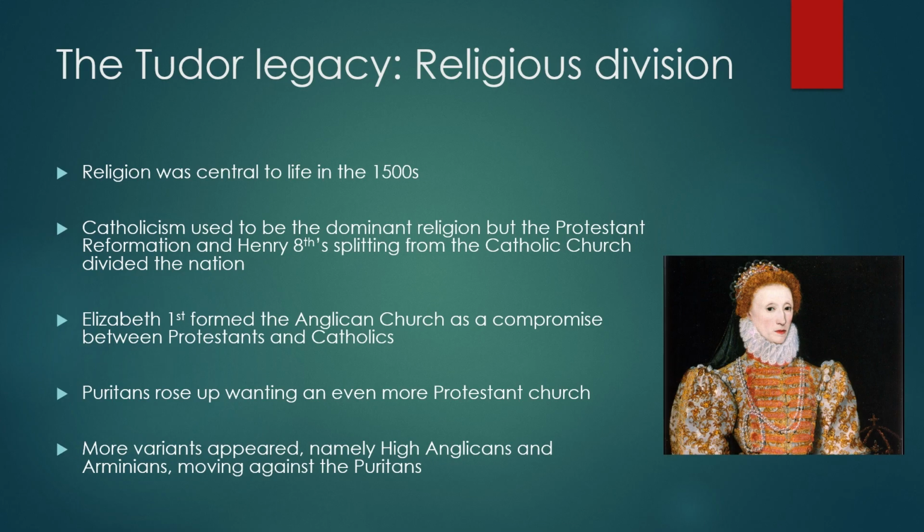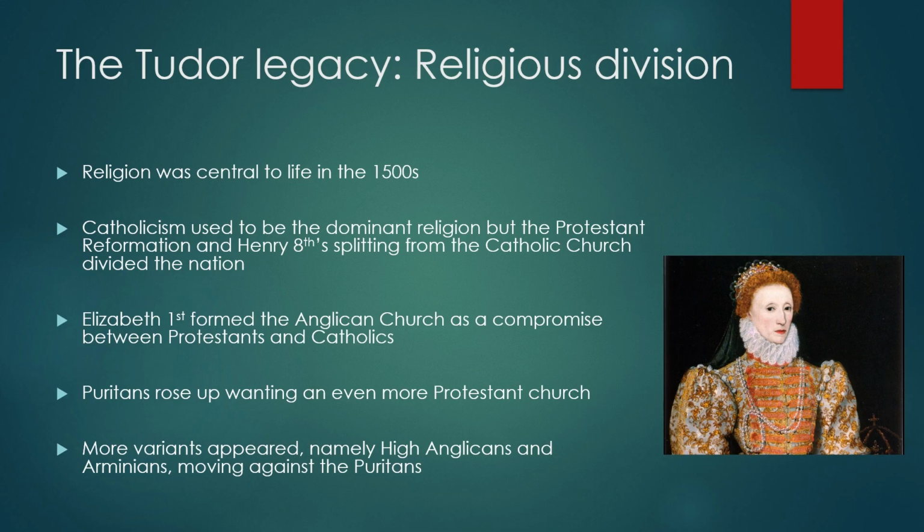Elizabeth I was the first one to believe in what's called a compromise. She saw all the divisions that were happening between Protestants and Catholics. There were massive arguments about how faith should be followed, about how church masses should be held, about who was worshipping God in the correct way. And so she divides the Anglican Church as a way to compromise between what the Protestants wanted and what the Catholics wanted. We'll go into much more detail about what these differences were and how they, of course, caused this split in a later video.